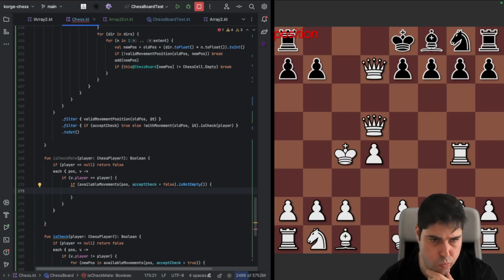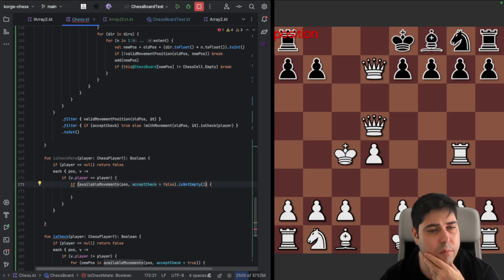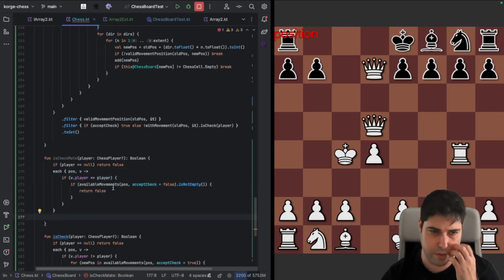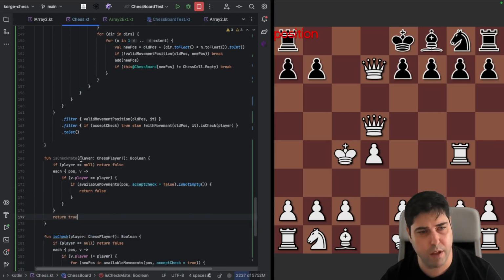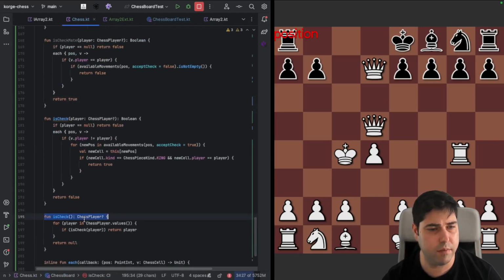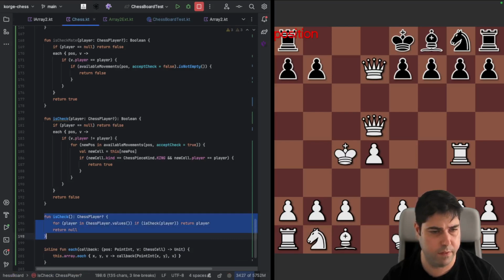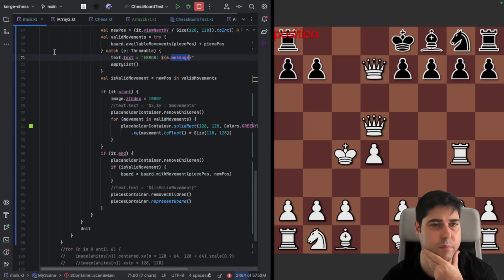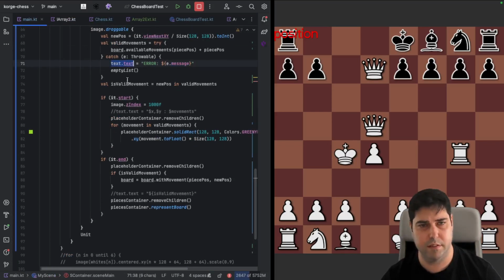So we have a possible movement. And in this case, if we have a possible movement, this is not a checkmate. But if we iterated all of our pieces and there is no available movement, then we have a checkmate. So we are going to do the same as here. It's checkmate for a specific player, and then after every movement, we are going to update the text